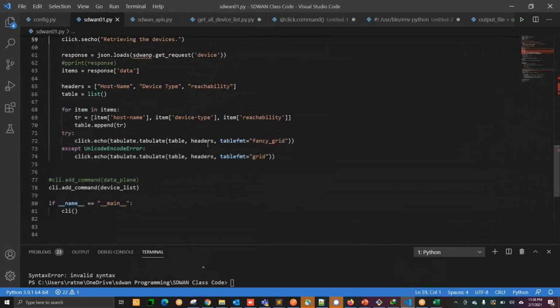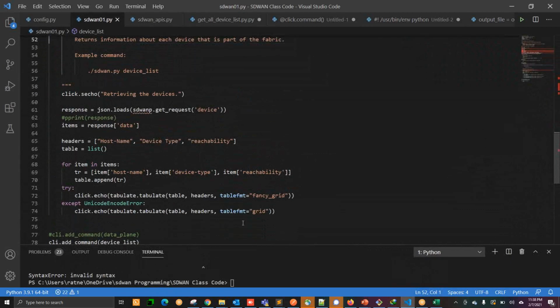Although you're using this get function, so let me see where we are using the get function. So here you have the get function. When you are doing this get request, it should call that function. So it should come like this, dot, SD-WAN underscore APIs. Not like this, it should be like this. Say SD-WAN and then dot and then SD-WAN APIs should be coming like this.